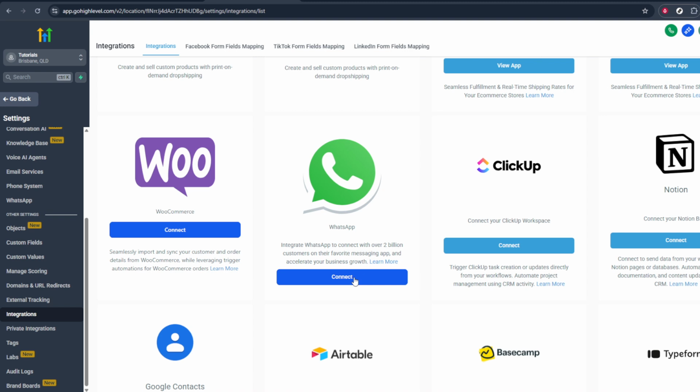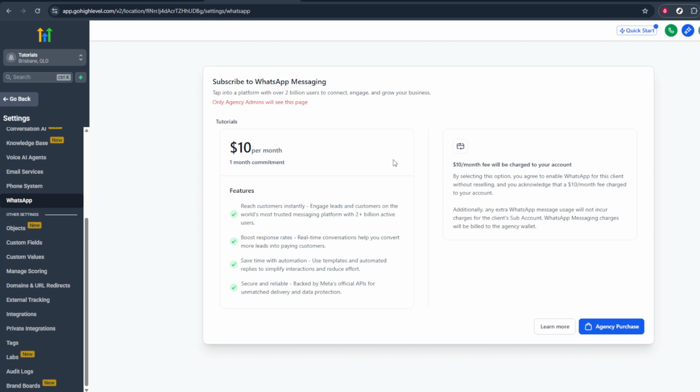Once the integrations page is open, you'll see a list of available apps and services that can be connected to your account. Scroll through this list until you find the option for WhatsApp or your WhatsApp provider. Next to it, there will be a button labeled Connect. Go ahead and click Connect. This tells Go High Level that you want to link your account with WhatsApp so messages can flow between the